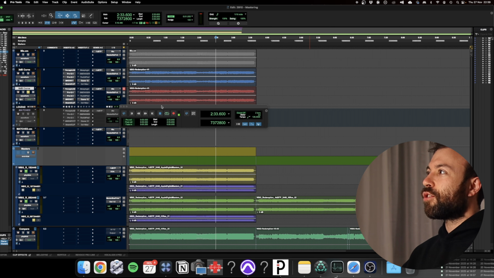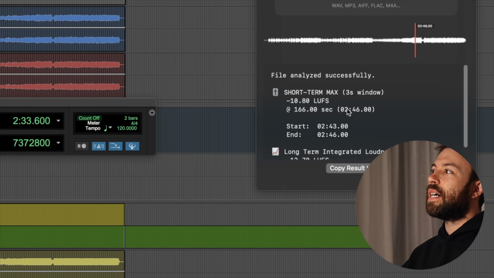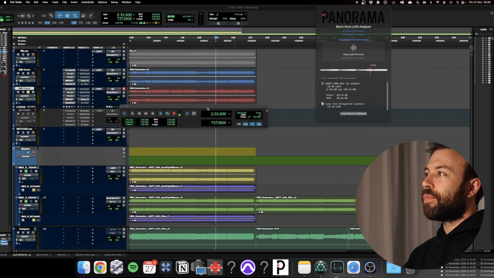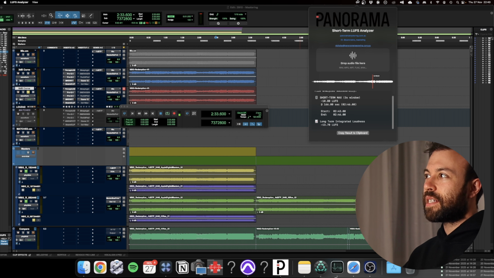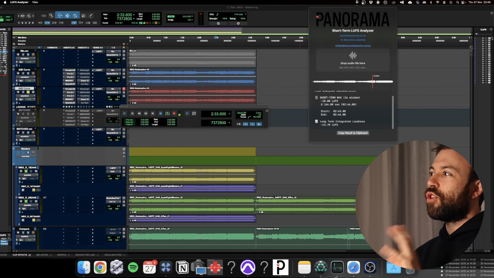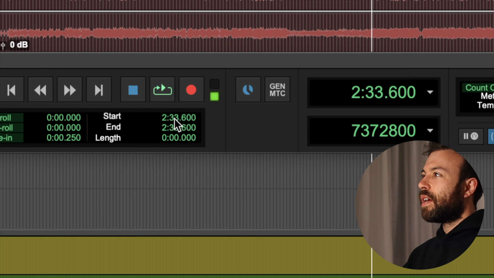Now I've got those time markers, and it sits as a little applet here, so I can always reference it. I can drop other tracks or other mixes into here. What's beautiful is that I chose to make it a Mac applet, not a window, so you can always bring it up. You zoom in here, and you go